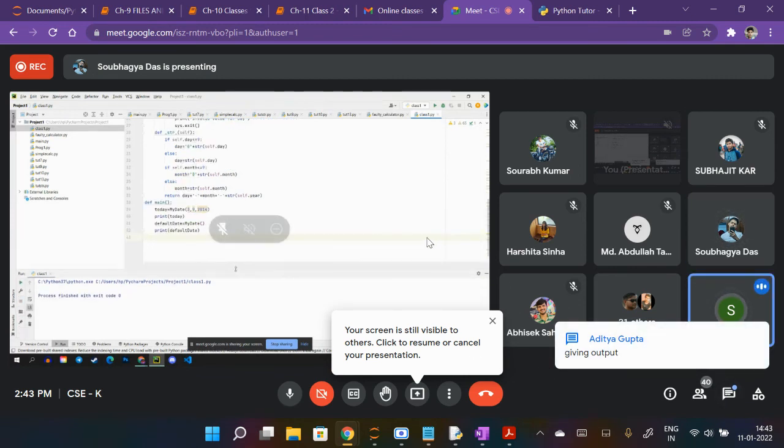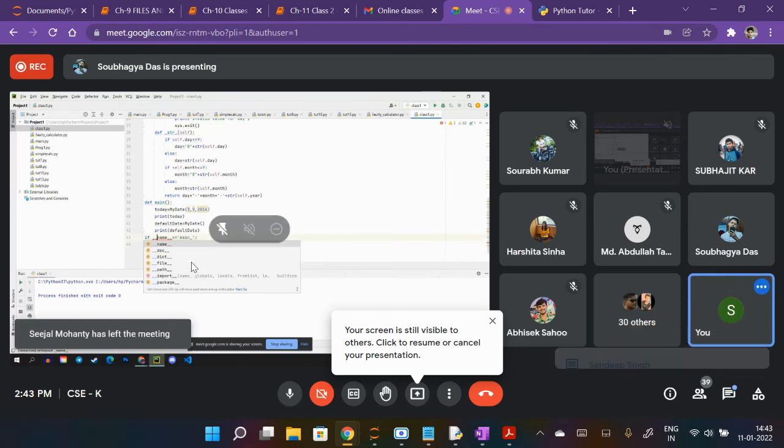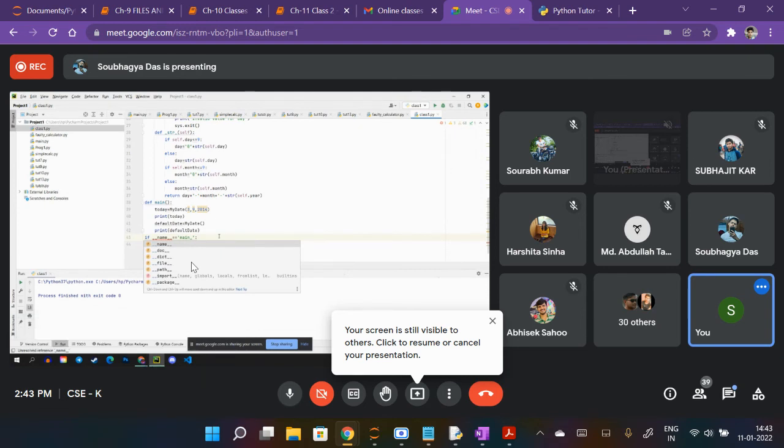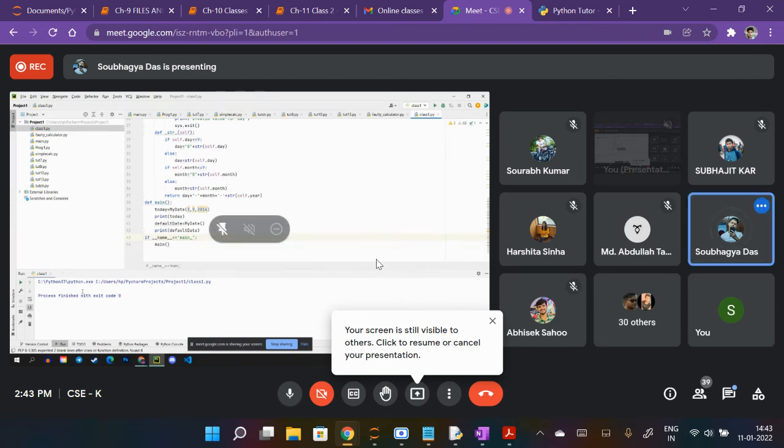Okay, Aditya Gupta, you are getting... okay, at the end you have to write that, you missed that: if space double underscore name double underscore equal to, in quotes, double underscore main double underscore. Yeah. Still the same. Okay, so something is wrong.